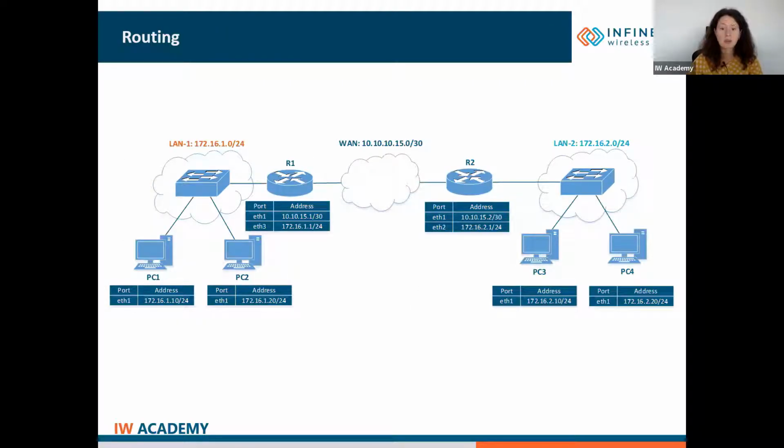Let's look at a network scheme. We can see two local area networks, LAN 1 and LAN 2, that are connected using routers R1 and R2. In order to transmit data between PC1 and PC2, which are in the same subnet, the local switch will be enough. However, in order to transmit data between PC1 and PC3, which are in different subnets, the routers need to perform the task of choosing the best path to reach the destination hop by hop. Each router along the wide area network path will take its own routing decision based on the destination IP address.